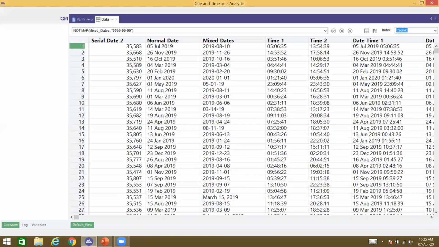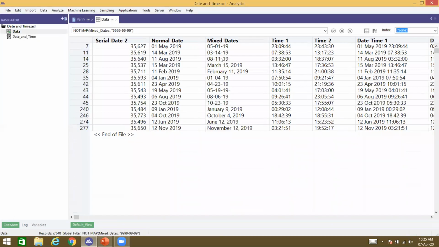Okay, and it shows me those. So let's just see here. If my theory is that the first digit is the day, 05 is the day and 01 is the month, then I've got a problem over here. This can't be the month. So it looks like it's